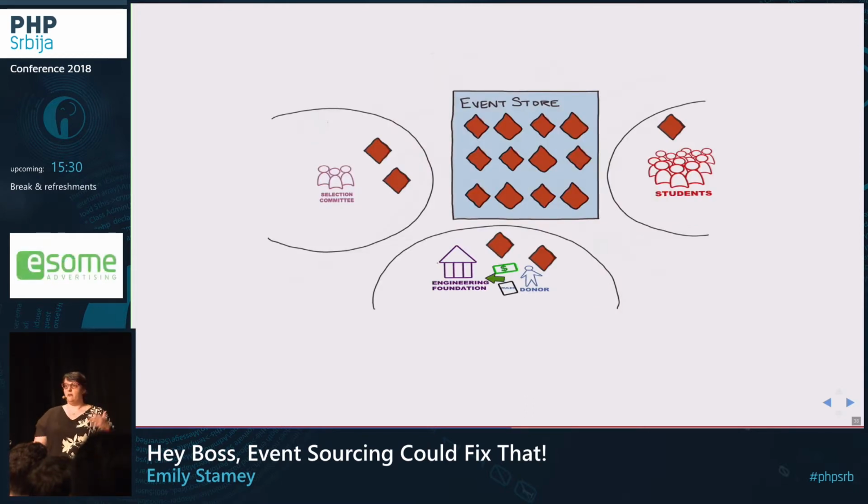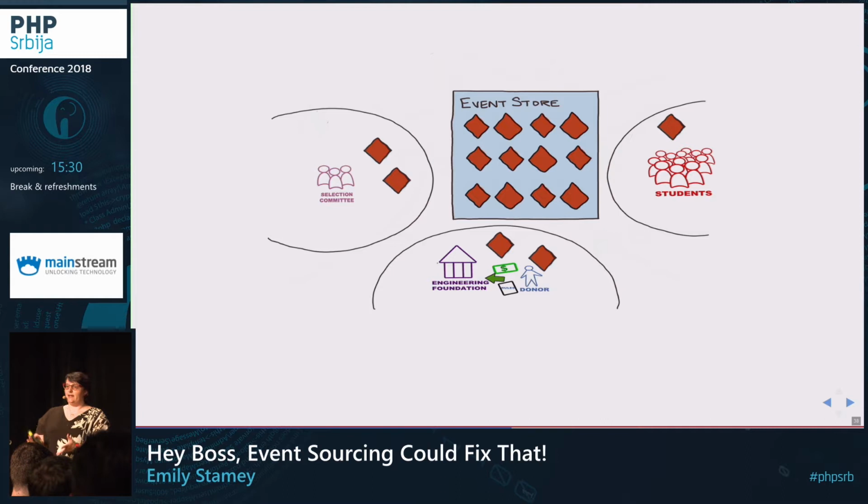And we were adding in event sourcing as well. So we have all of these events in our event store, and we decided we would keep that shared. So even though I told you we had these bounded contexts between our different groups, our event store was shared. The student domain knows what validation needs to happen in order to create the event that a student applied.